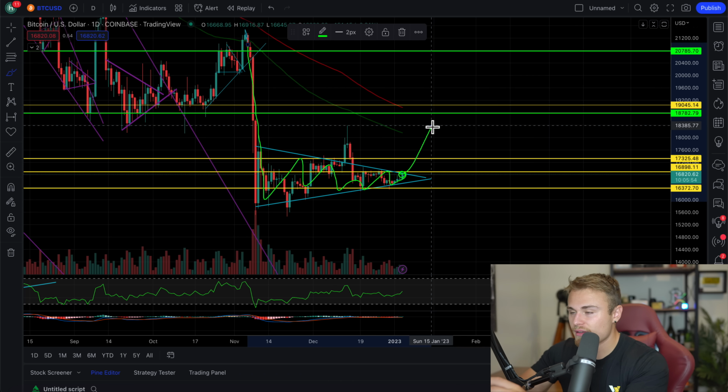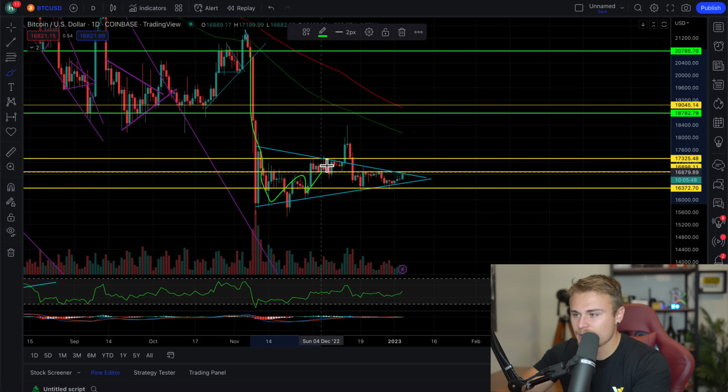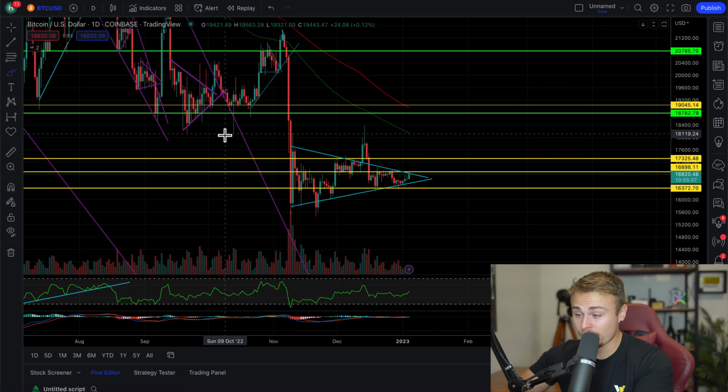Although I think everything, including Ethereum charts and Bitcoin, has everything to do with the way the S&P 500 trades, but I think it's going to be very soon, probably this week, that we get some sort of determination as to the direction, because this is going to pop. This is a beautiful symmetrical triangle, regardless of what you say, and we are going to find a culprit or a move